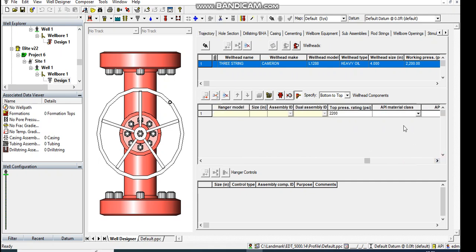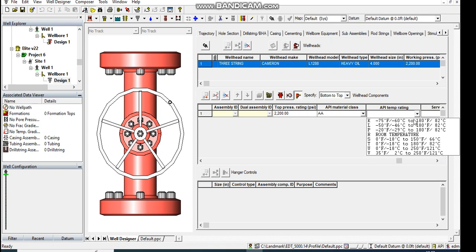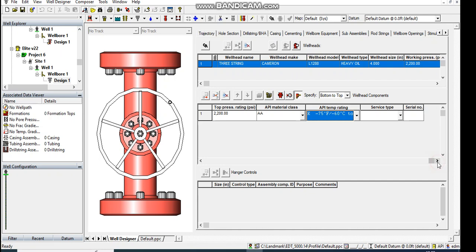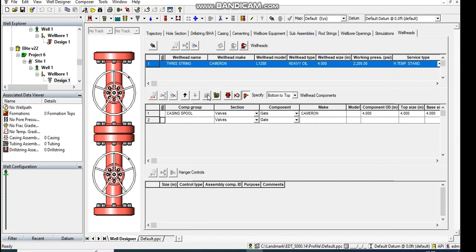And what is our API class? You choose API rating. You choose service type. We choose according to the standard we have. So after that we can add in the next. Now that was the casing spool, so we can add in